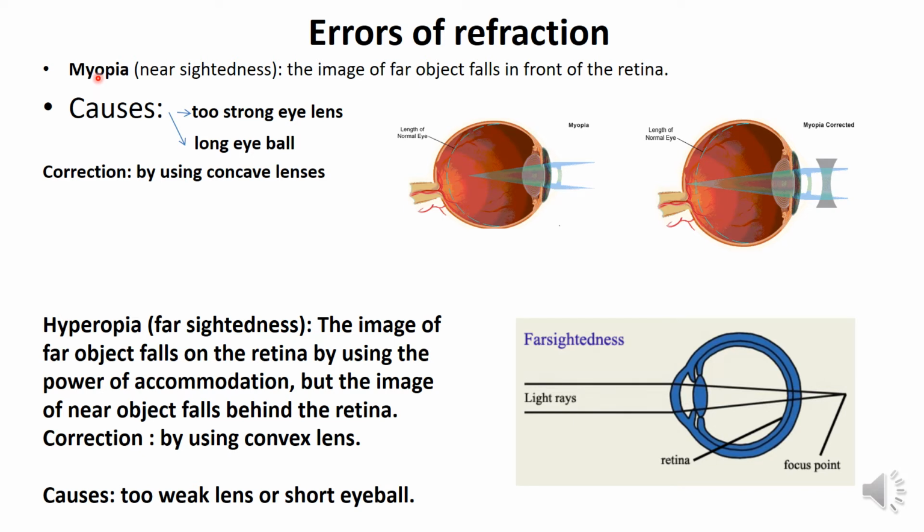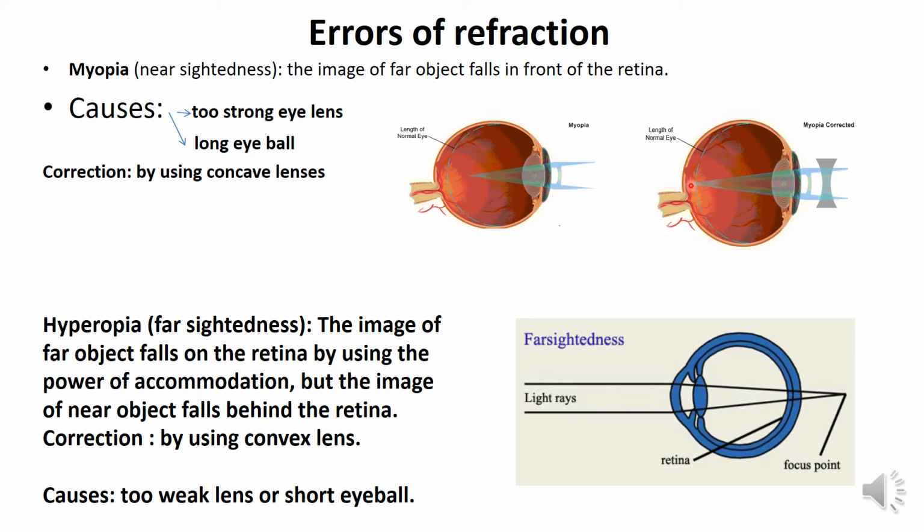Myopia, the causes of myopia: either the lens is too strong, the curvature is more than normal, or the eyeball is long. And because of these factors, the light rays will fall in front of the retina. To correct this error, we must use concave lens in order to bring these light rays to fall on